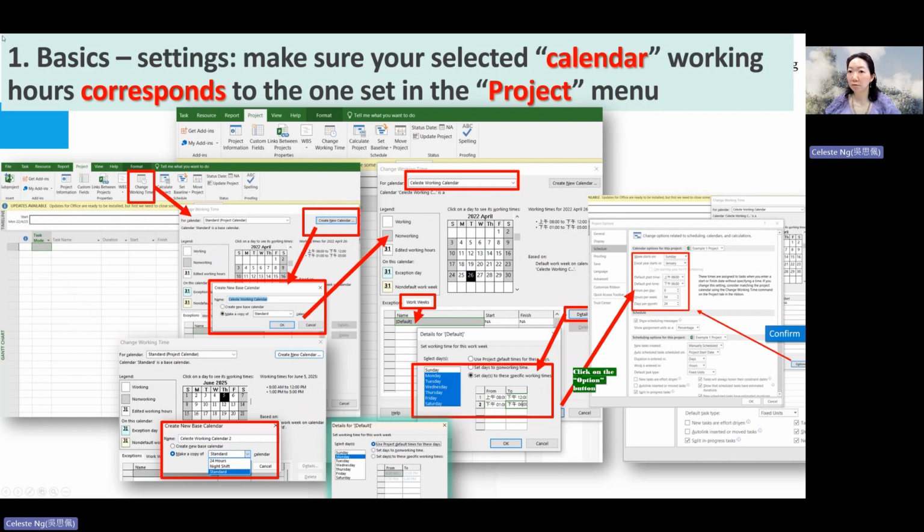And then here is a bit complicated. Here, what I say is that you need to select the right calendar working hour. What I mean by right is that you must know if you have selected the right working calendar. And in order to make sure that you have selected the right calendar working hour, what you should do is that you go to your